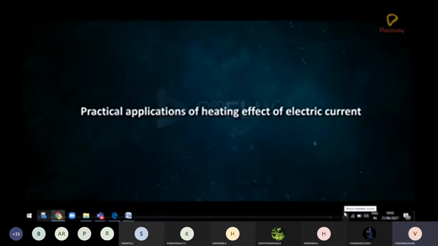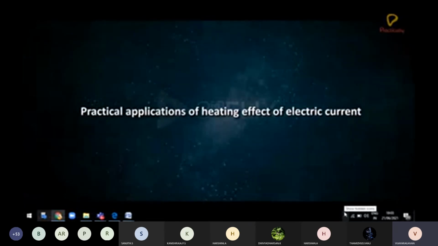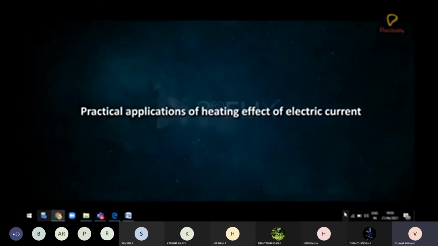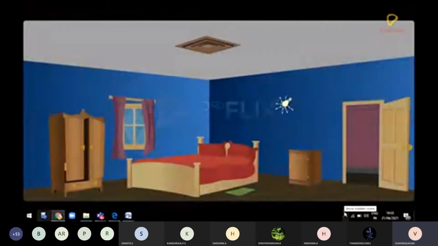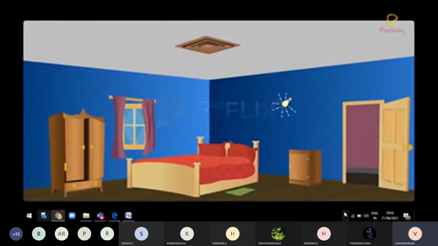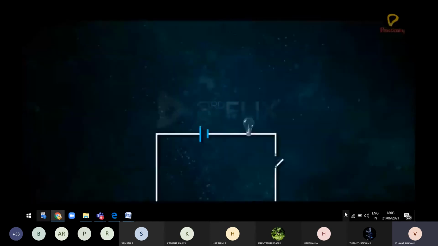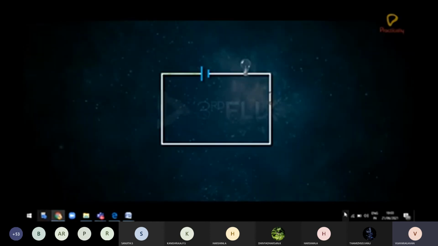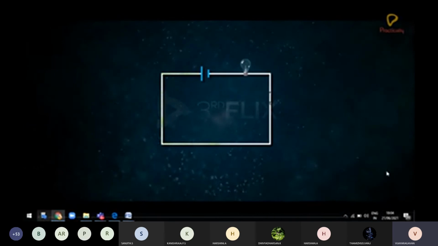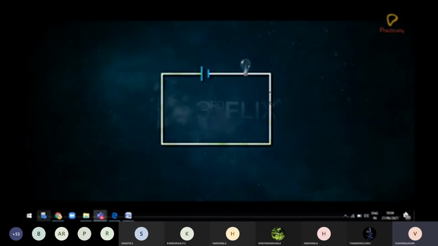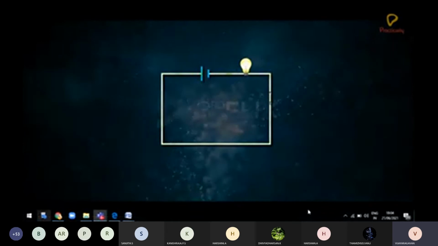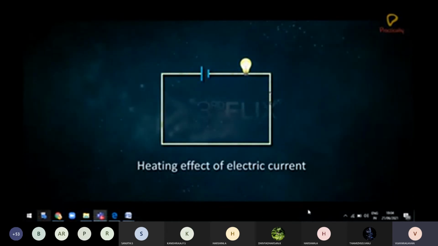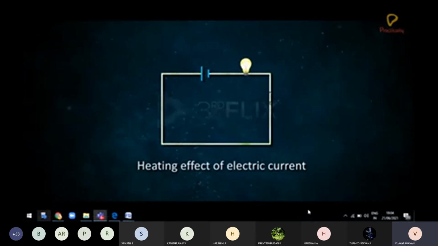Practical applications of heating effect of electric current. Heat generation in a conductor is due to electric current. In electrical circuits, the components get heated up. This increase in temperature may alter their properties. The heating effect of electric current is used in electrical appliances,